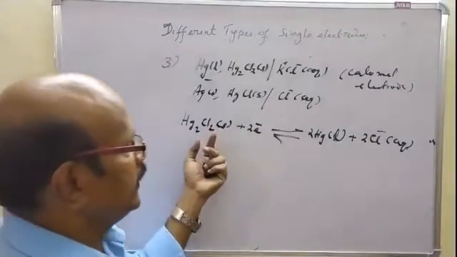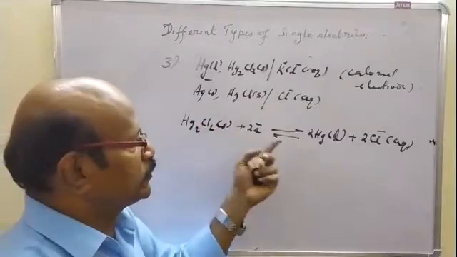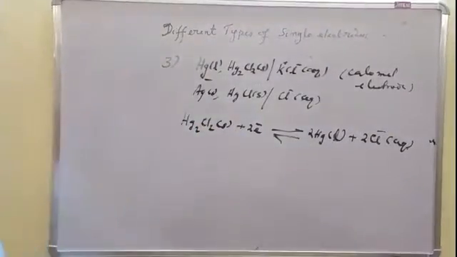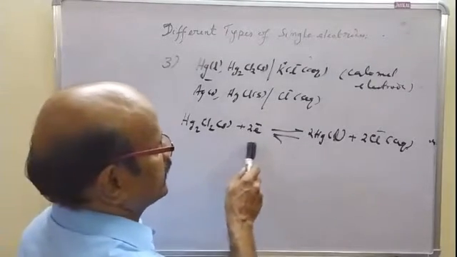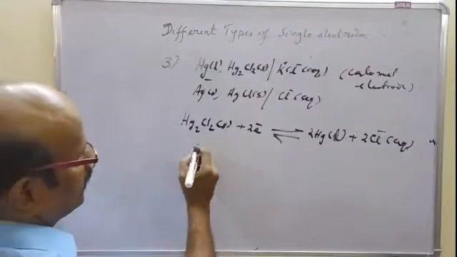So it is an electrode in which the mercurous chloride, an insoluble metal salt, is reversible with the chloride ion. A calomel electrode is that electrode in which the mercurous chloride is reversible with respect to the chloride ion. So the single electrode potential is